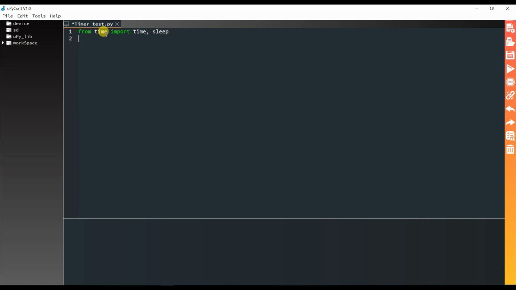Until now we have used sleep method, that is pretty straightforward. It accepts a number as an argument like sleep 1, 2, 3. This number represents the time in seconds. The program waits before moving on to the next line of the code.